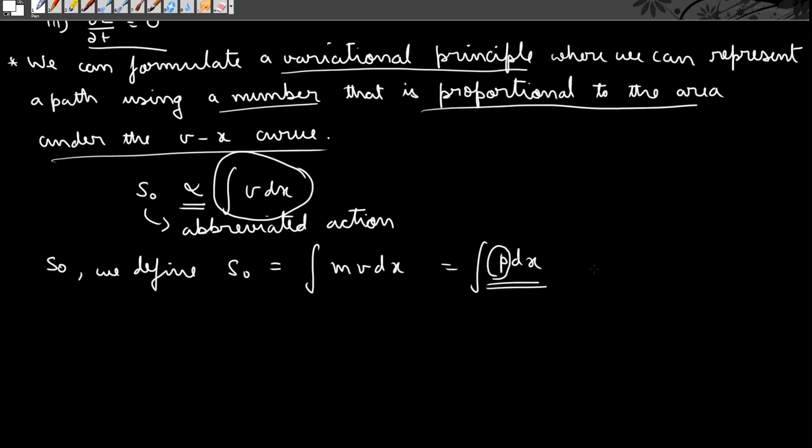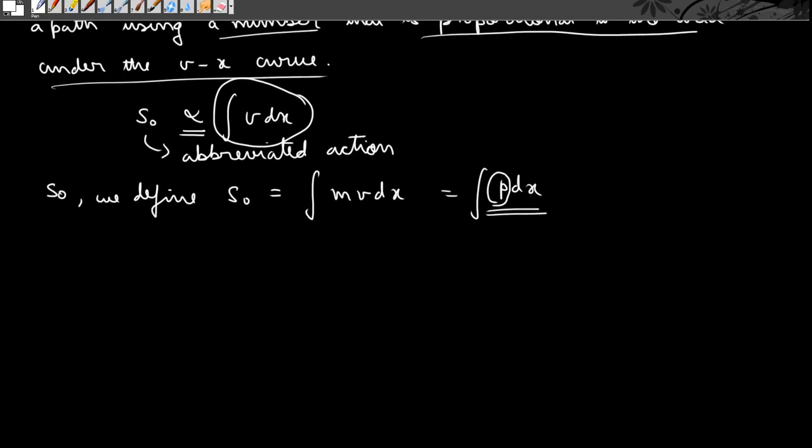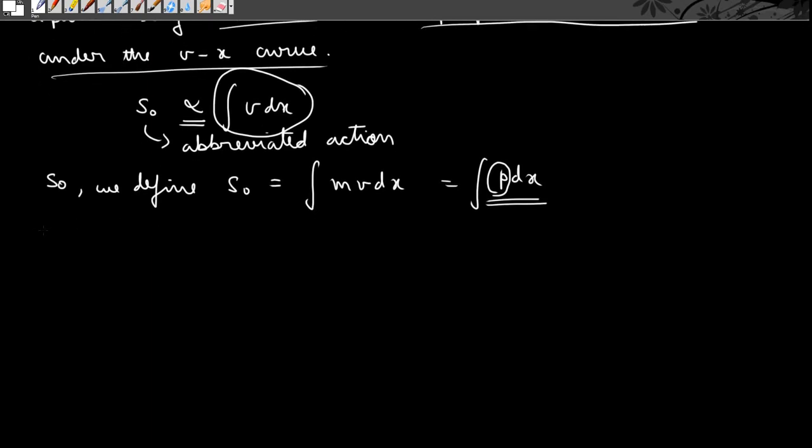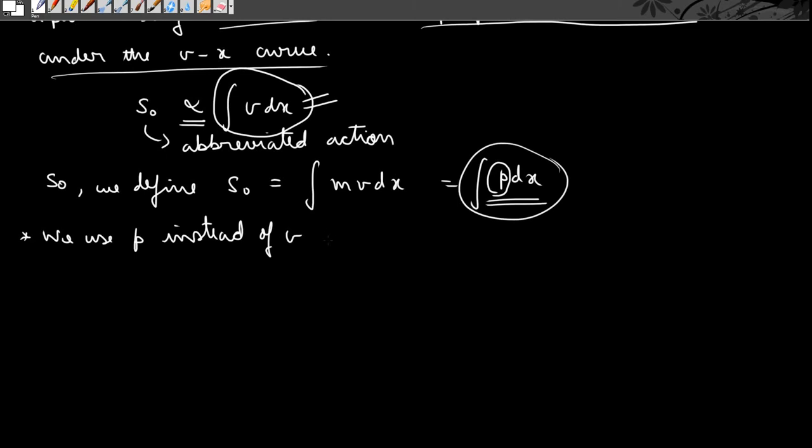Okay, so how is this done? Let us see that. So we use p instead of v. Instead of defining S0 as just this quantity, we define it as this quantity, because this gives a relation